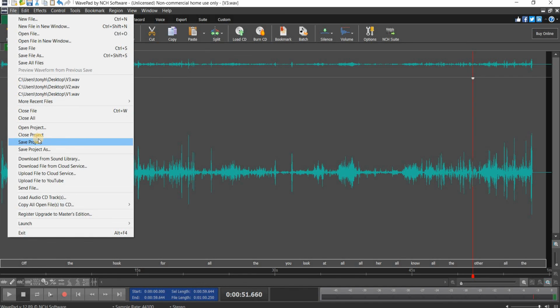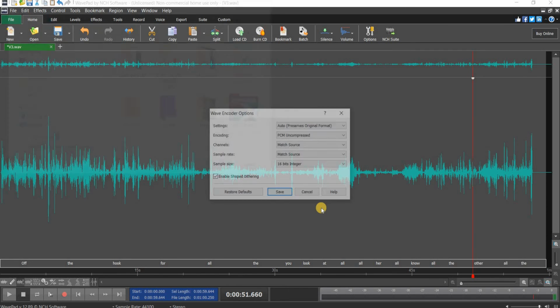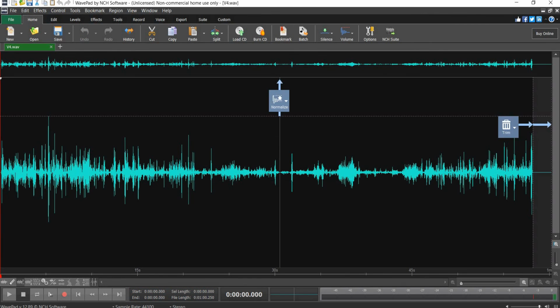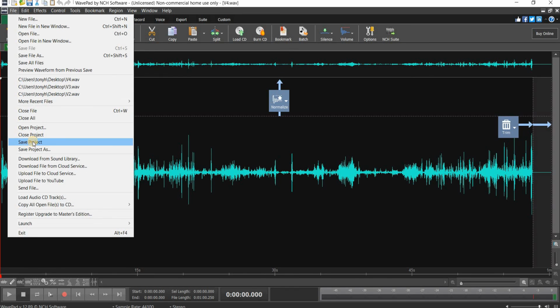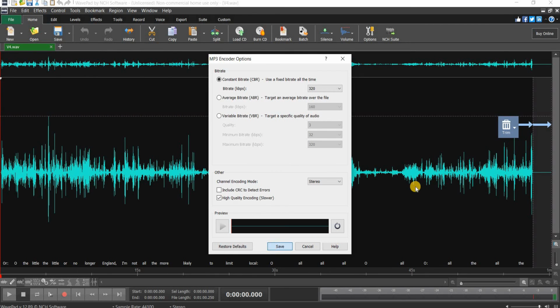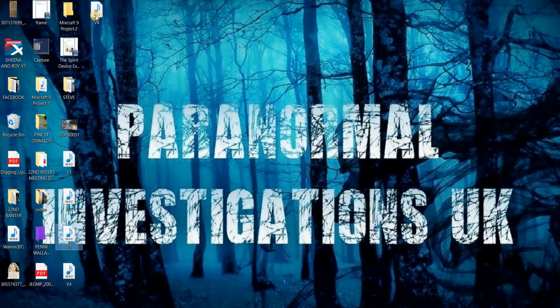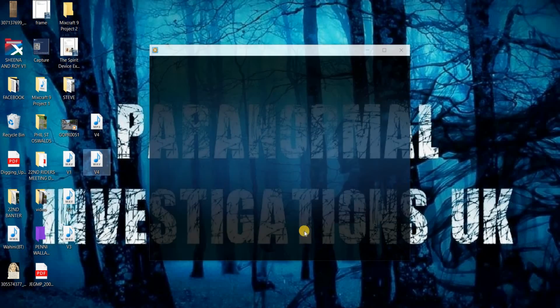So we know this is going to be version 4, so I'll save the file, version 3, version 4, saving as a WAV, and now I'm going to save it a second time as MP3 and save again. So when I now look at version 4, fire up a MIDI player,